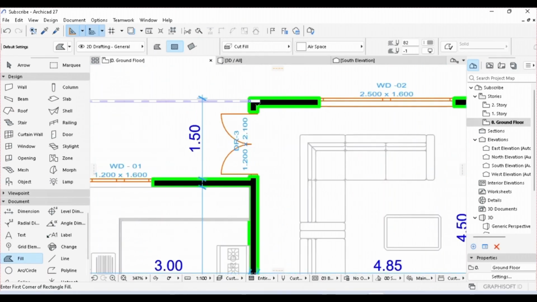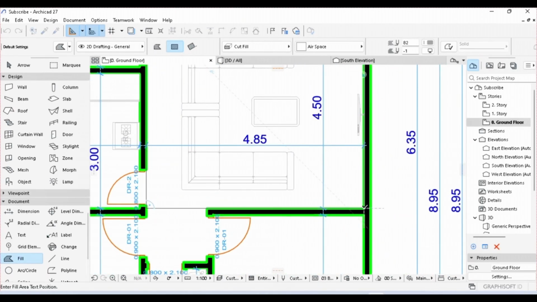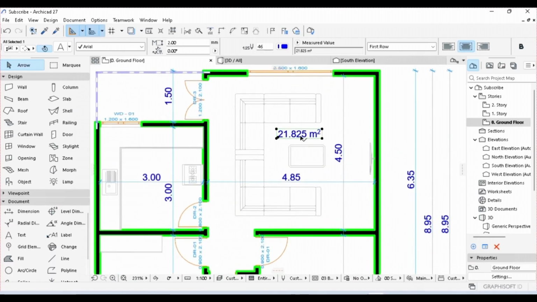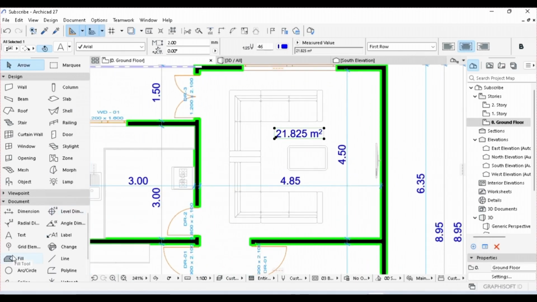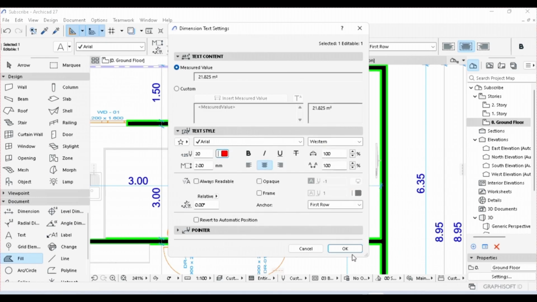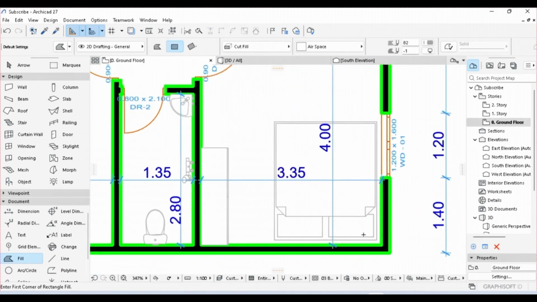We are going to draw from this edge to this edge. This is the area of our parlor. It will always be at the edge of where you selected. So our parlor is 21.82 meters. Just double click on fill and change the color here to this. Once done, click OK. So the next one we are going to do for this room,